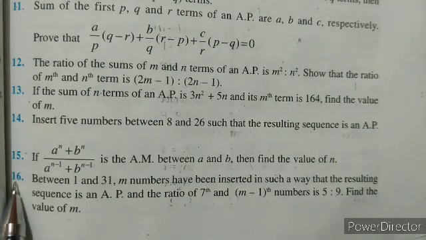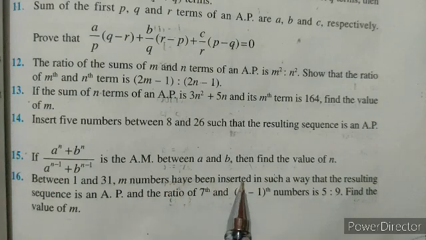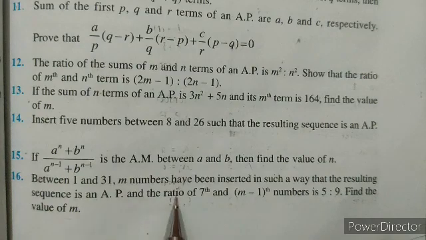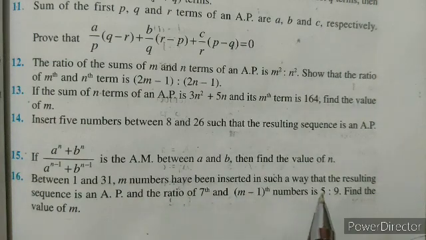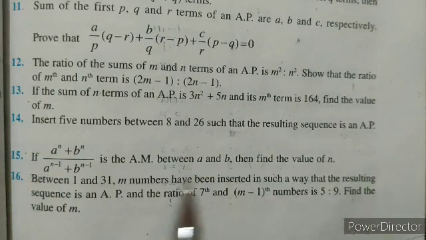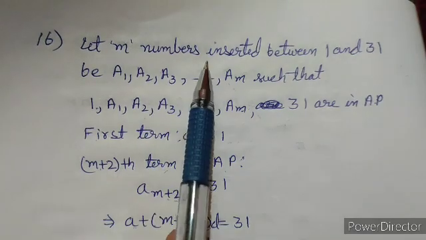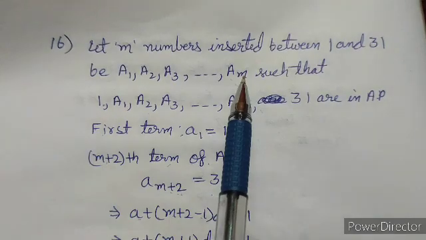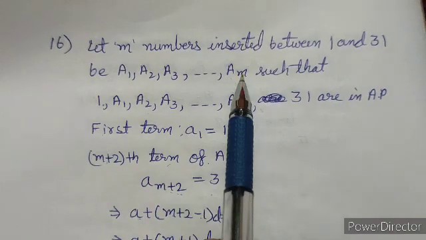Now in question number 16, between 1 and 31, m numbers have been inserted in such a way that the resulting sequence is in AP. Now we have to find out the ratio of 7th and m minus 1th term, which is given to us as 5:9, and we have to find out the value of m. Let m numbers inserted between 1 and 31 be a1, a2, a3 up to am, such that 1, a1, a2, a3 up to am,